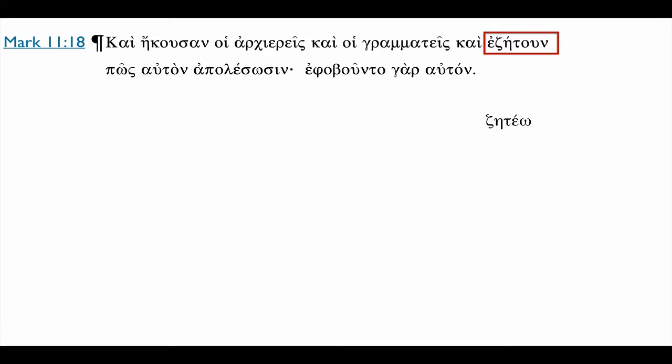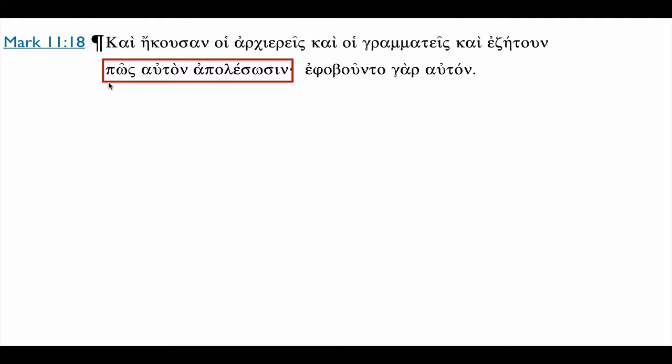This is from zeteo. It is an epsilon contract verb, which means the tense we're looking at is not aorist, even though it has that augment. It's actually imperfect. How do we know it's imperfect? Because it's from the first principal part. So we add an epsilon, we have zete, we add our imperfect endings, and they contract to ezetoun. So the high priests, the chief priests and the scribes heard, and they were seeking, next phrase, pos auton apolesosin,